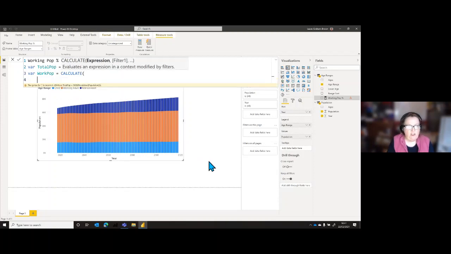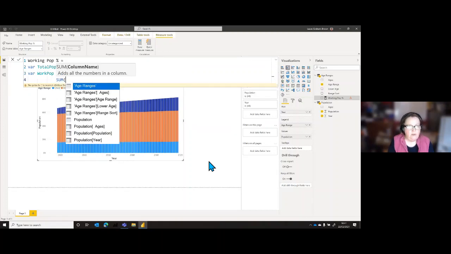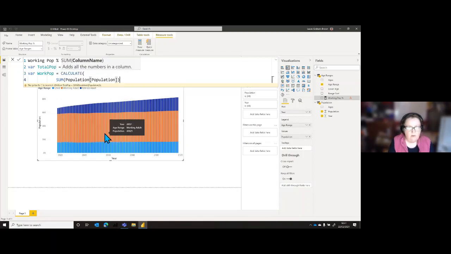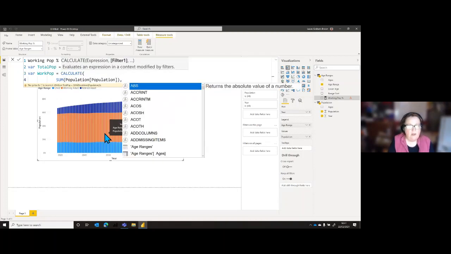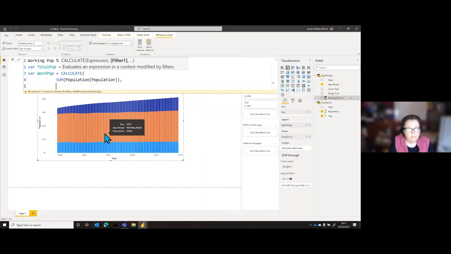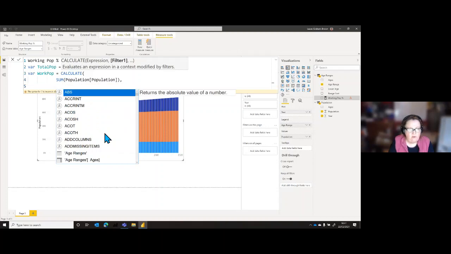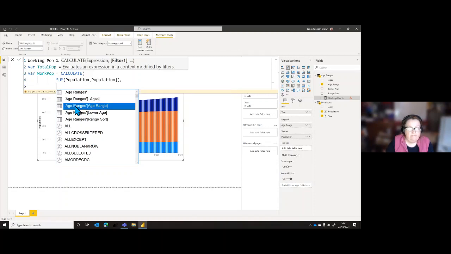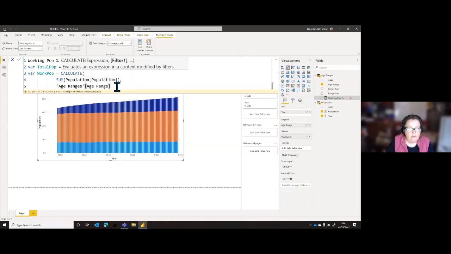So we want to do a sum of the population again, and the filter is going to be age range equals, and in quotes, working adult.